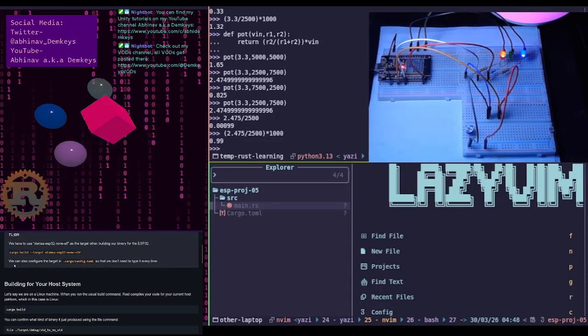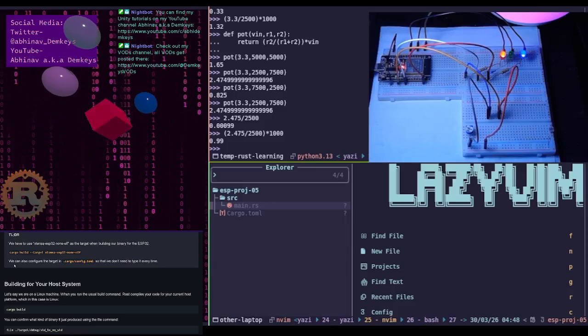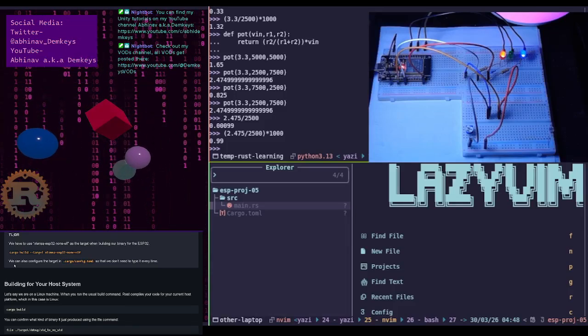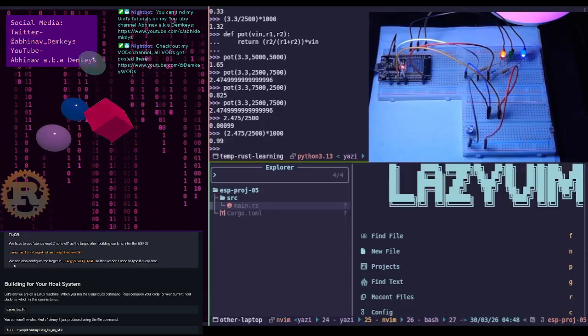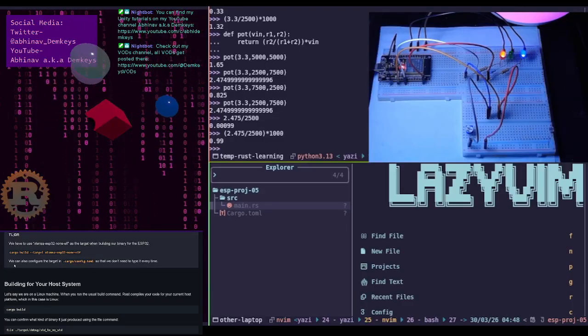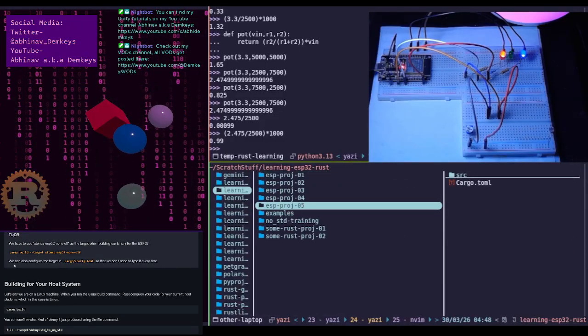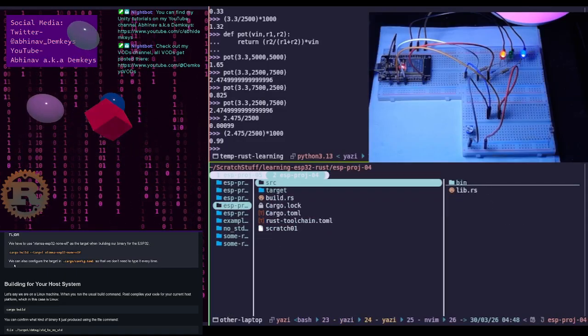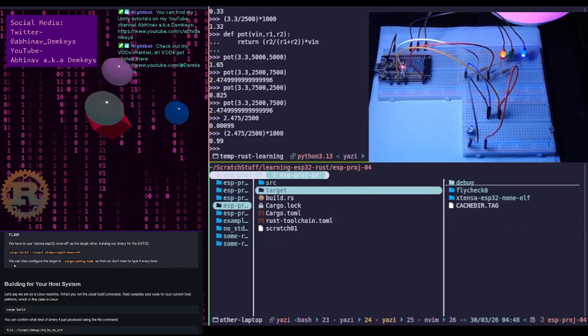Okay, we can also configure the target in config.toml so that we don't need to type it every time. And yes, that is exactly what is done when esp-generate creates the thing for you. Whereas our